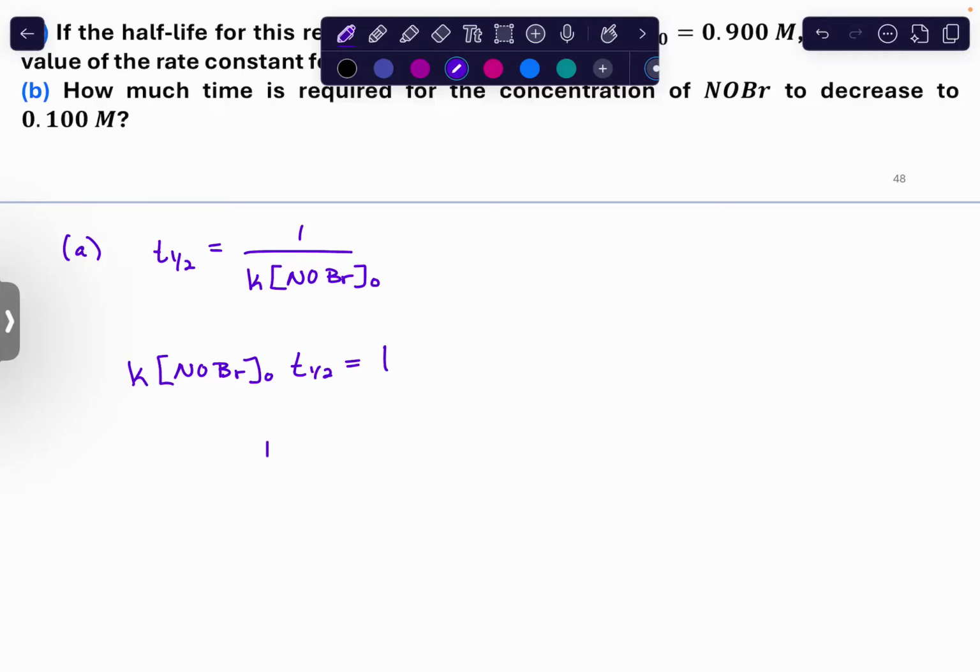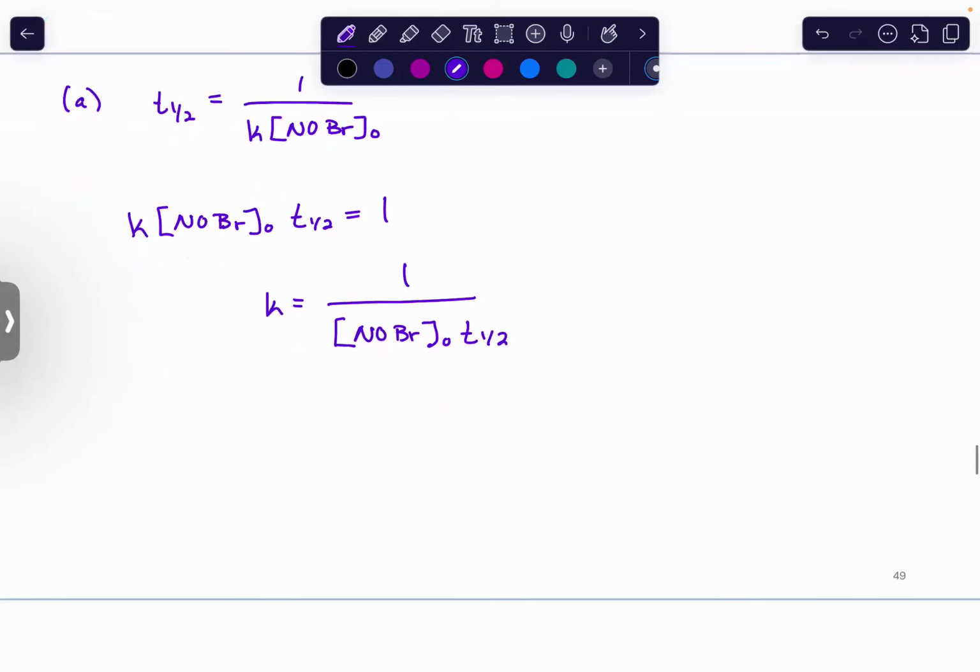And then K will equal one over all that stuff. And then I can say, well, what is K? All right, so the half-life is 2 seconds. Your value for K is going to be 0.556 liters